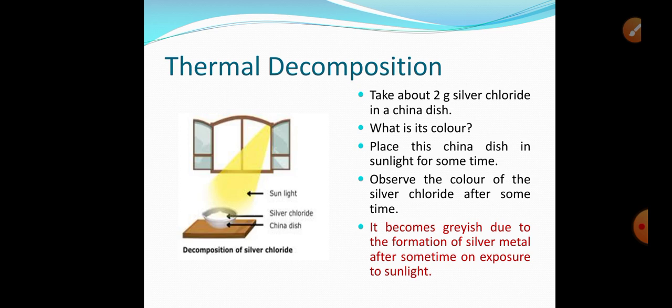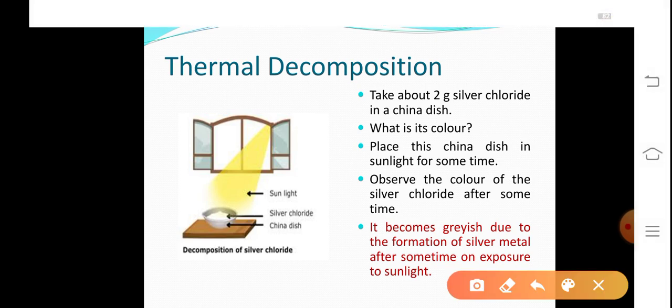So let us read the activity first. Take about 2 grams of silver chloride in a china dish. Note down its color. Place this china dish in the sunlight for some time. Observe the color change of the silver chloride after some time. So what will happen to the silver chloride? It becomes grayish due to the formation of silver metal, that is solid silver, after some time on exposure to